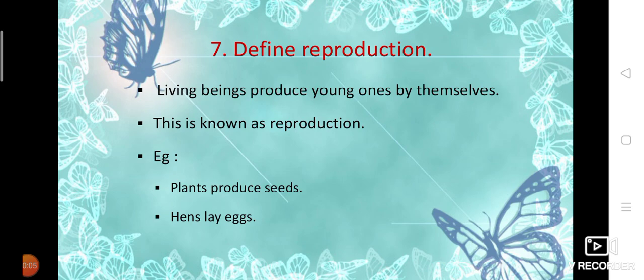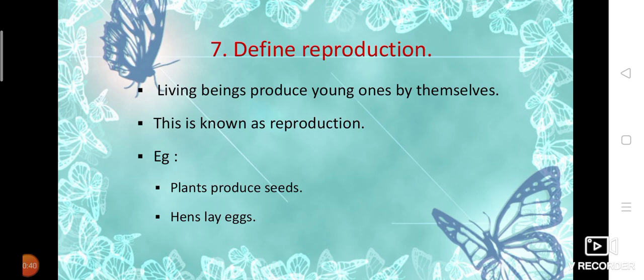In our last class, we have seen living and non-living things. In that chapter, answer the following question number 1 to 6. We have discussed and you have studied well and you have written once also. Now we are going to continue the questions. Please take your EVS notebook so that if you made any mistake also you can correct it. Okay. Shall we start?